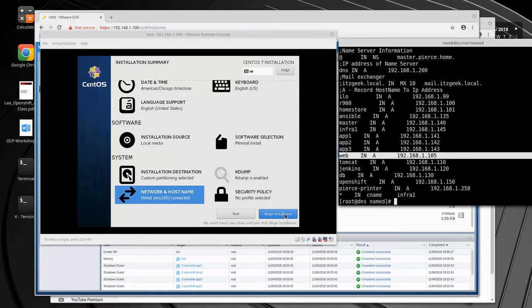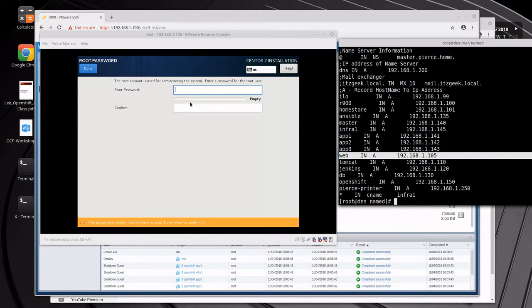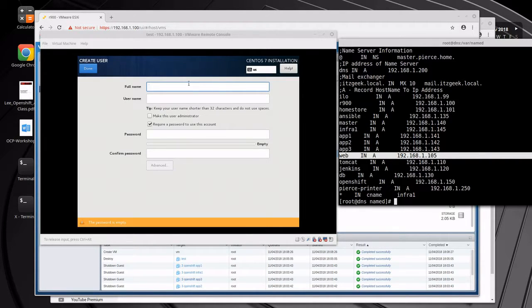Now what we do is we hit begin installation, and basically it's asking for a root password. I've typed root twice. I'm not worried about that because I'm going to blow this away when I'm getting done. If you do something short like this, it forces you to hit the done twice to say, yes, I'm done. New user creation, I have no idea why it forces you to make one. If you don't make one now, it'll force it later. So I'm just going to make one lead, and